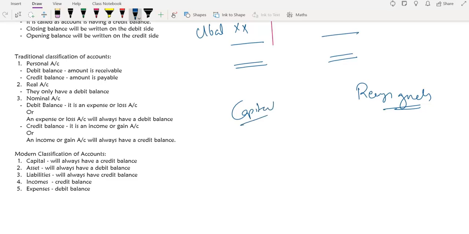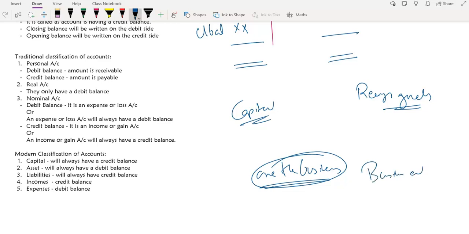So in the capital, the owner has invested the money in the business, so that capital account shows the money that the business has received. Also, in one of the videos I had said that always consider that you are the business. Whenever we consider this point, it becomes very easy to understand what is happening, that we are the business. All right, if we are the business, so business and owner are separate because of business entity concept. Because of business entity concept, the owner and the business are separate, and therefore capital entry is recorded separately.